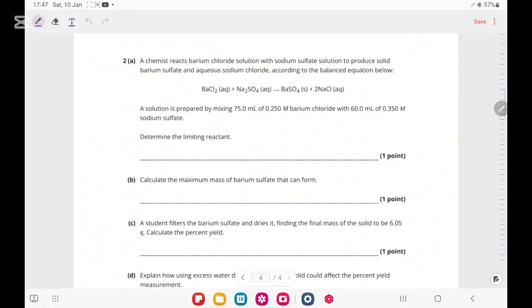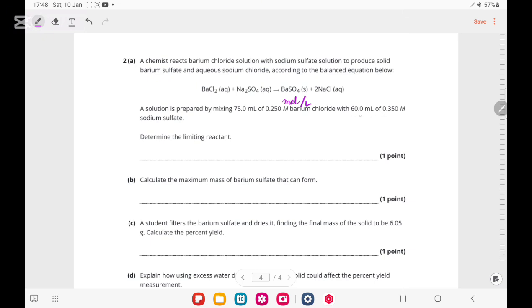Then in this question, they are saying a chemist reacts barium chloride solution with sodium sulfate solution to produce solid barium sulfate and aqueous sodium chloride according to the balanced equation below. A solution is prepared by mixing 75 milliliter of 0.250 molar barium chloride. Molar means mole per volume. Okay, volume is in liter there, and they are saying that